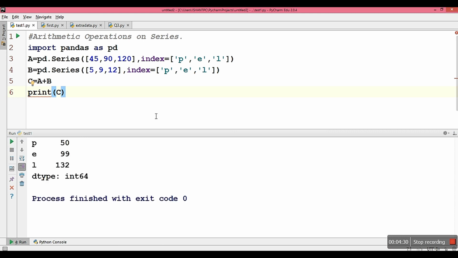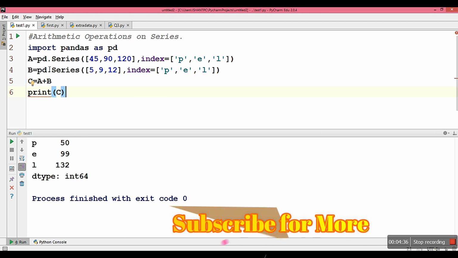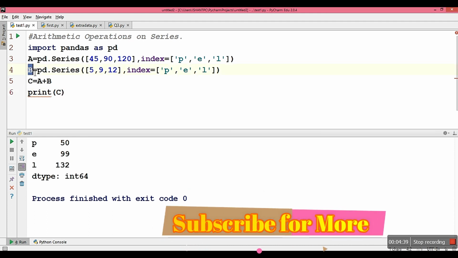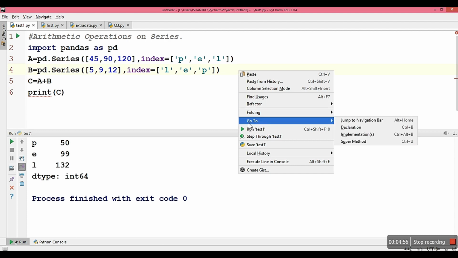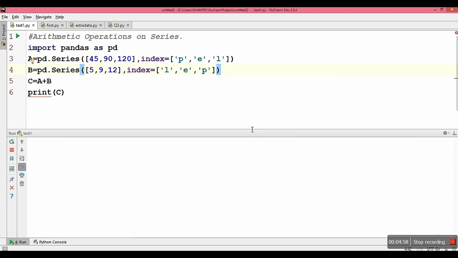Suppose that what will happen if I interchange any of the values to each other. Say in series B, suppose that I am interchanging P to E, it means say not E, P to L. Say I am changing P here and L here. Now what will happen? Let's try to execute this program and check. Here you will note that